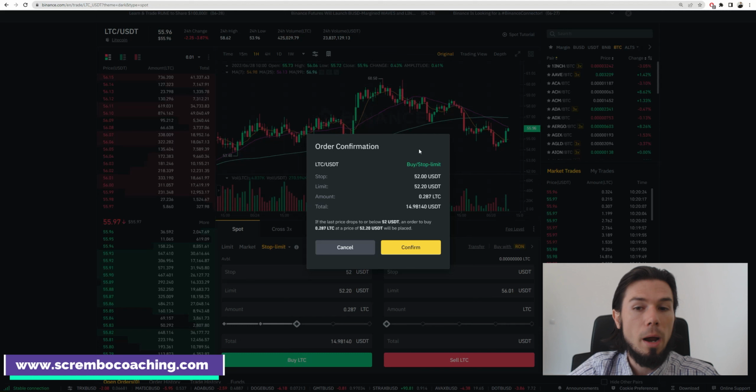The first thing we've got to do, because we have two different tabs that need to be understood very well, is the stop and the limit. When you want to buy, please pay attention to this. You need to set the stop at a specific price that is lower than the limit price you will be setting. This is how it has to be done on the stop limit on the spot markets when you want to buy. So always the stop price is going to be set lower than the limit price you will be setting,